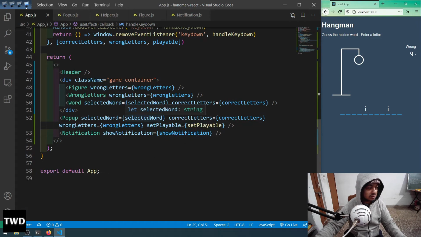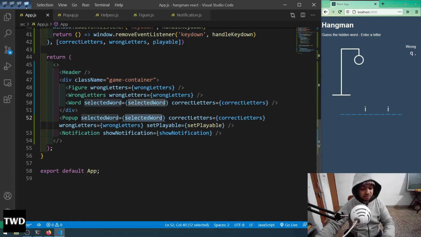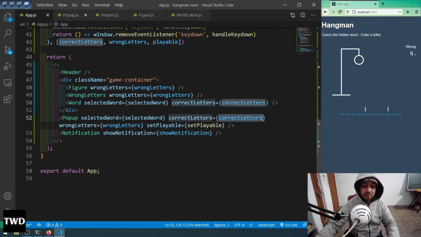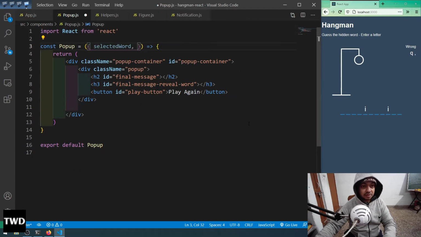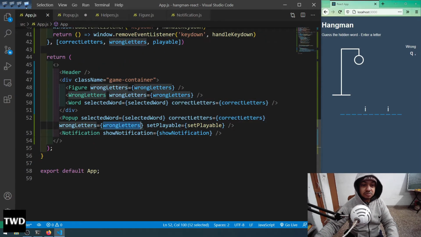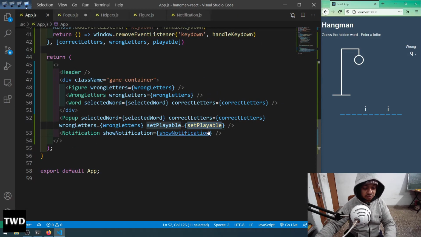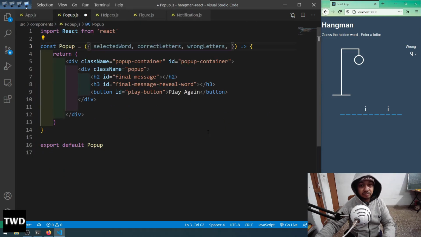So selected word, comma, correct letters, comma, wrong letters, comma, set playable, which is a function actually, so set playable is also there,